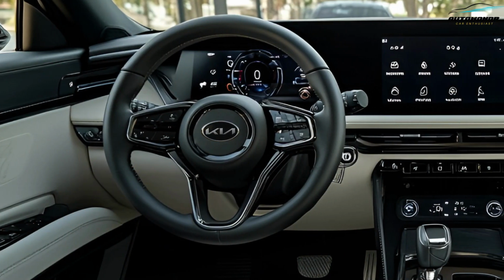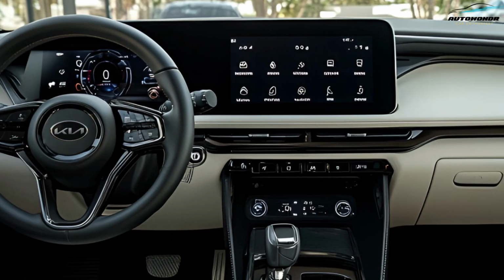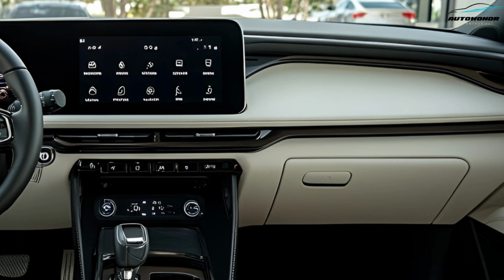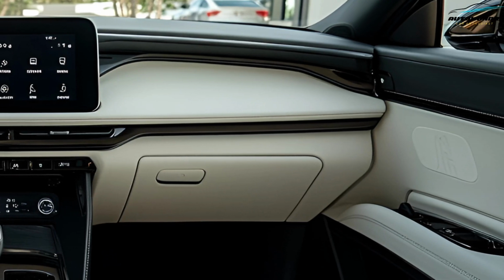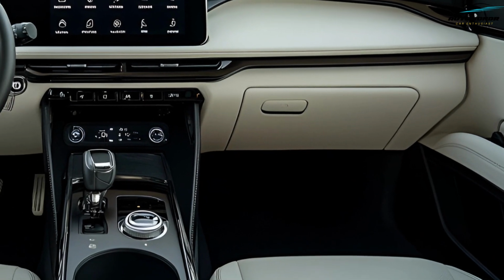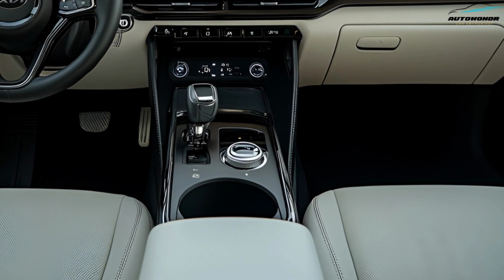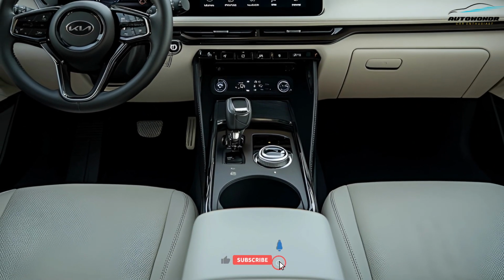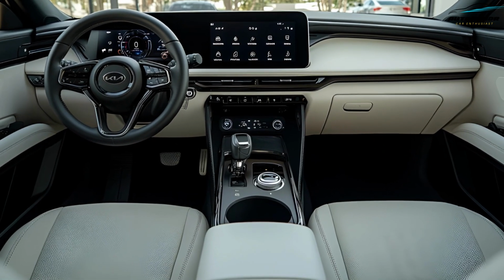Inside, the 2026 Picanto will feature a 10-inch touchscreen infotainment system with wireless Apple CarPlay and Android Auto, a 7-inch digital instrument cluster, and new ambient lighting for a more high-tech feel. The cabin materials are expected to be more refined, with soft-touch surfaces and contrast stitching, adding a premium touch. Safety is a priority, with Kia's latest ADAS technology offering adaptive cruise control, lane keeping assist, blind spot monitoring, and